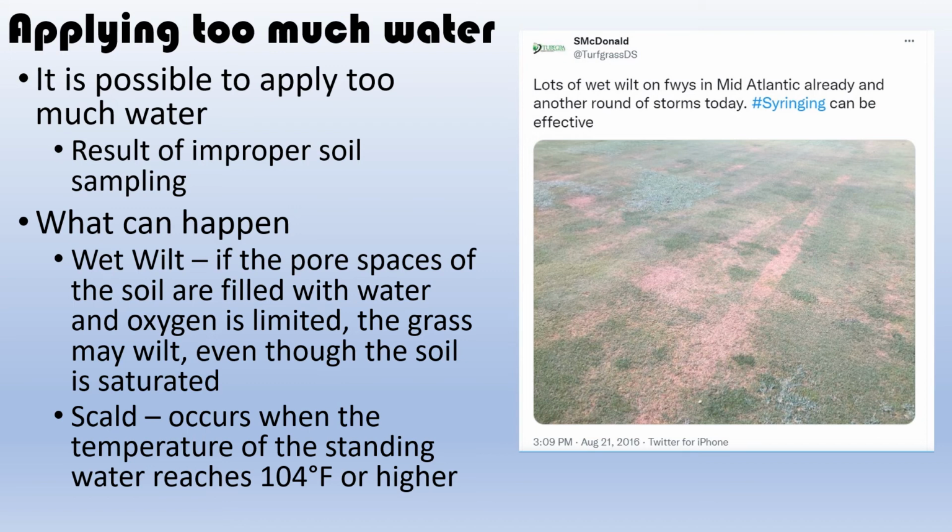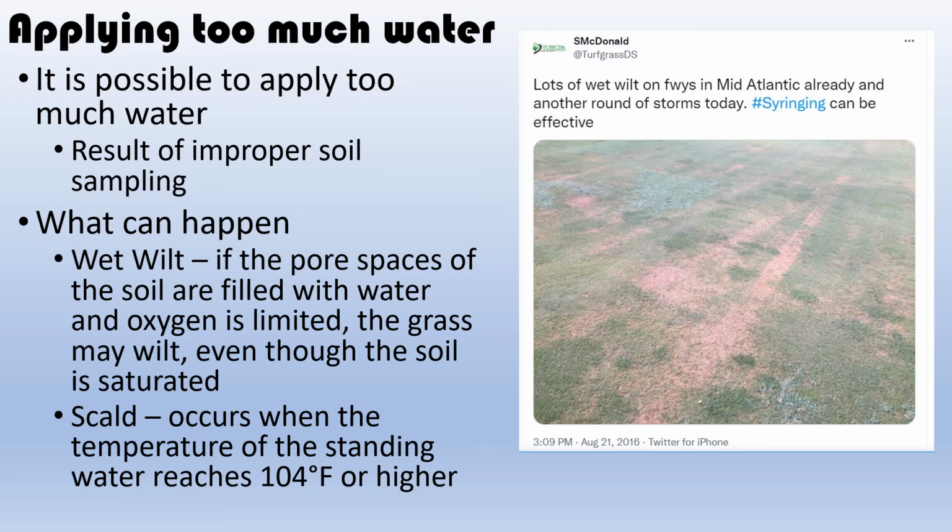So what can happen? We can get wet wilt. Wet wilt is the pore spaces of the soil filling with water and becoming anoxic, and the grass can wilt even though the soil is saturated. This is a tough thing to manage because you have grass dying. However, you can't add a ton of water. So in this tweet, you'll see wet wilt has been occurring, and this consultant recommends syringing. So you're applying very little water to kind of just help that area survive what it's going through without exacerbating